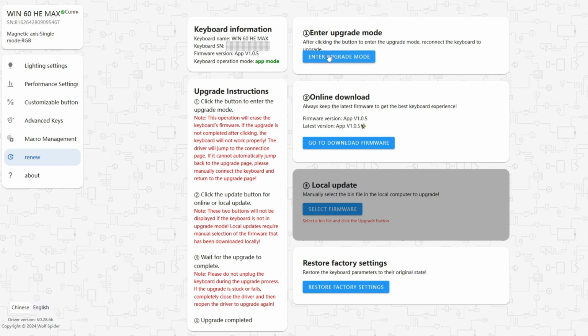So yeah, basically this is a manual update. You have to go to the download page here. Sometimes it doesn't work, sometimes it works. I'll just put the link again down in the description for your reference. And then once you have downloaded, you have to go to step 3 where you select the firmware and update it manually. So everything here is manual. Okay, so let's move on